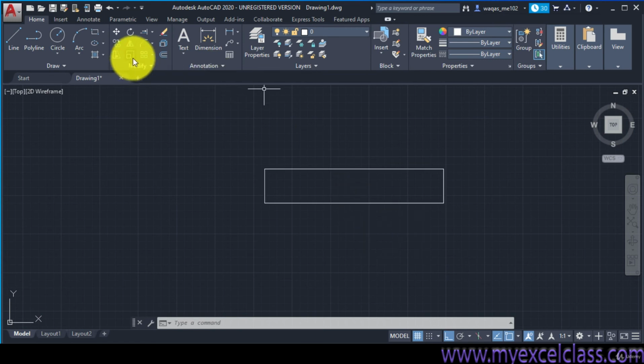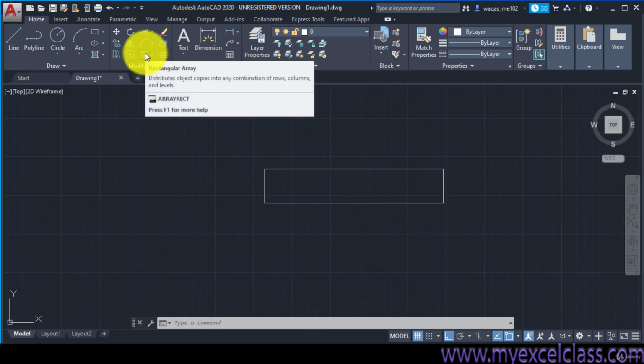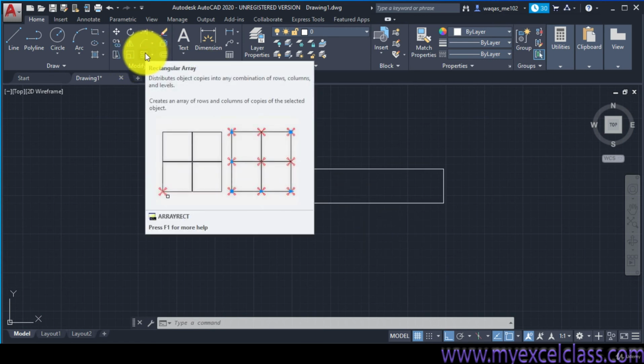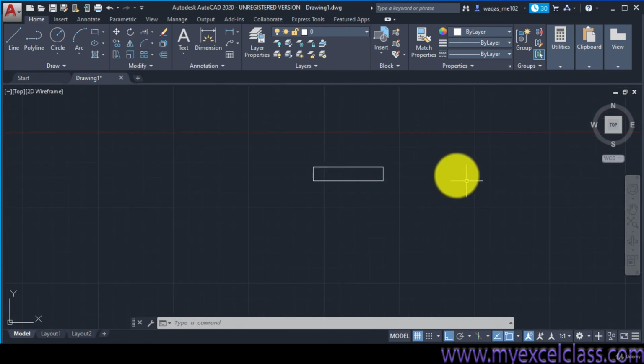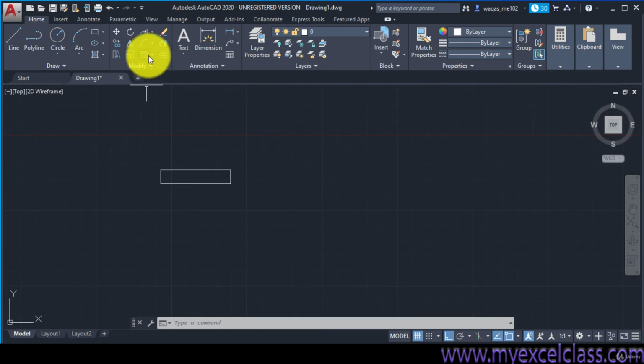Next one is the array command. What is this one? Let me explain. When you click on the array command, if you have some object and you want that object multiple times at different but specified locations, or systematically, you can use this array command.